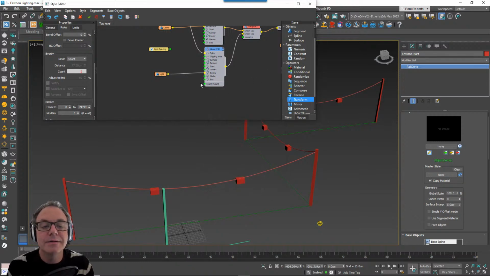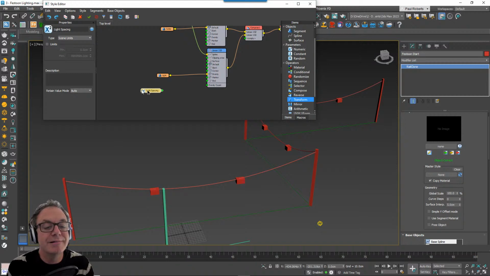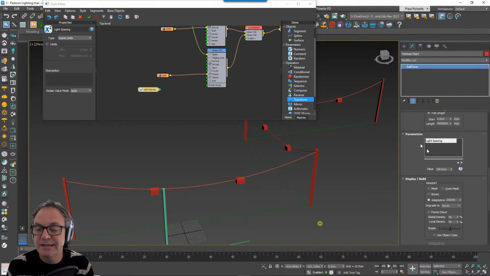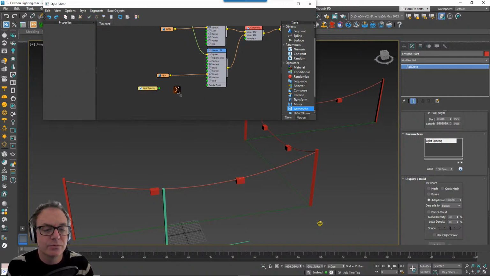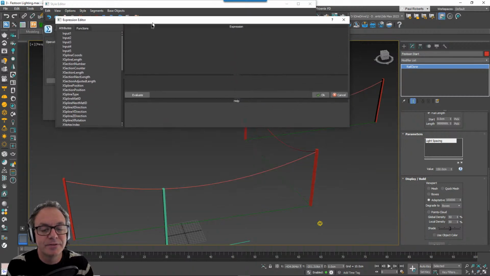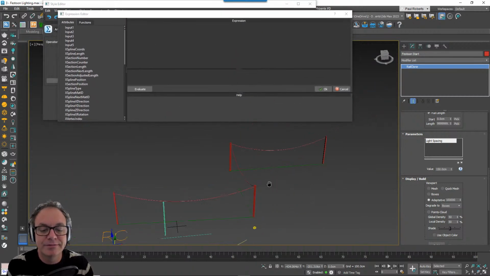And then I've already got it here actually, I've got a numeric value here which is just an evenly distance that I've exported down to here. So it's set to 150 centimeters at the moment. And I'm going to take that and wire it to an arithmetic node so I can do some maths on it. Change it to expression and open edit expression. So here, we're going to do a little bit of maths, but nothing too hard.